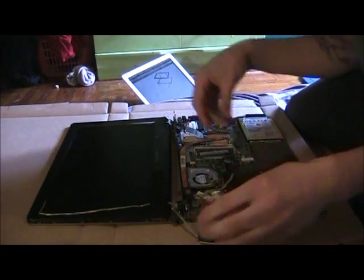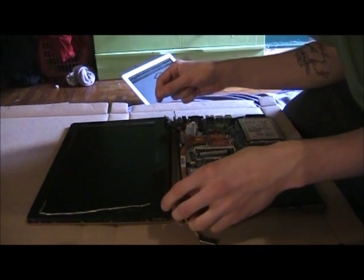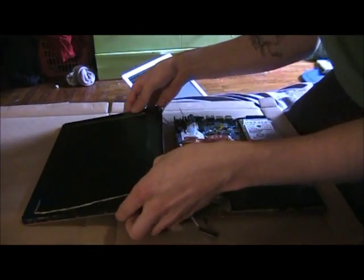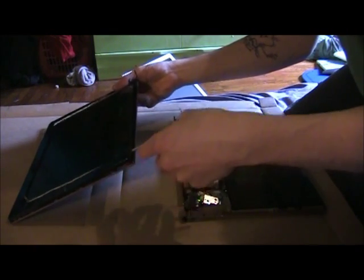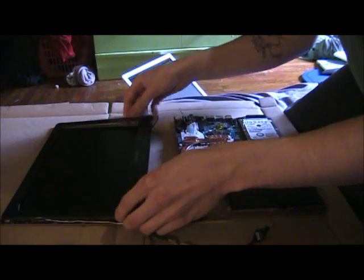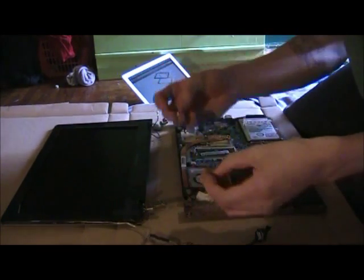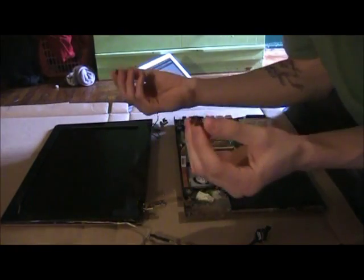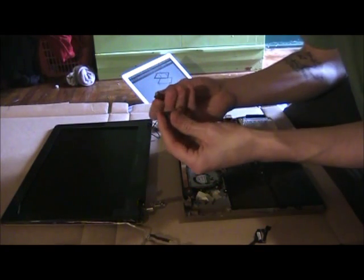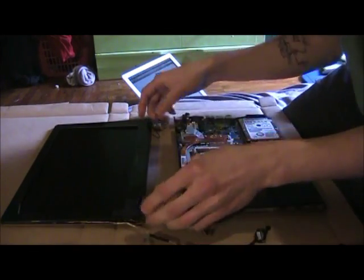And with that out, you'll have to remove these hinges, which are connected by a few screws, these 2 hinges. And with those 2 out, you'll have to take this out first of all, the screen. And once the screen is off, there'll be these 2 hinges, plastic ones, on the back of these metal hinges that you'll kind of have to pop off. And they're just behind the metal hinges. Once those are off,